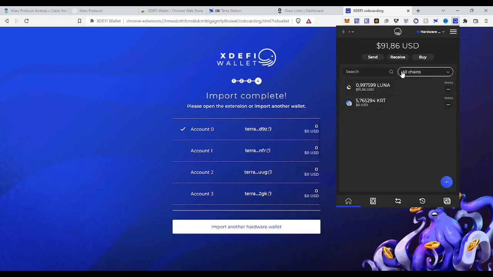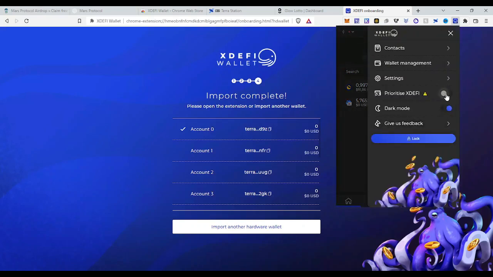So now that we have done that and we can access our old wallet from Terra in this XDefi extension, now we can go and try to connect to a dApp. But the first thing we need to do, in the top right corner, we click onto this, and then we click onto prioritize XDefi. What does this mean? If you go to a dApp that says connect with Terra Station extension and you click on it, XDefi will come above it. So this will connect instead of your Terra Station extension, and this gives you the ability to access your old